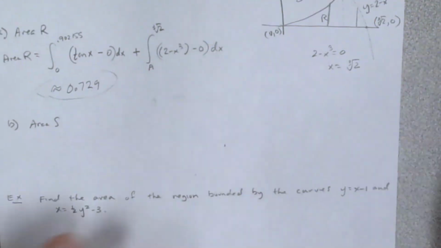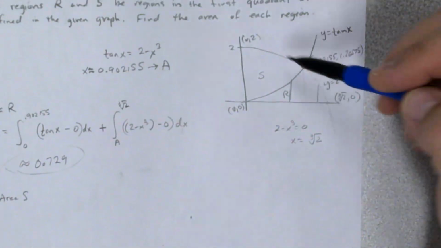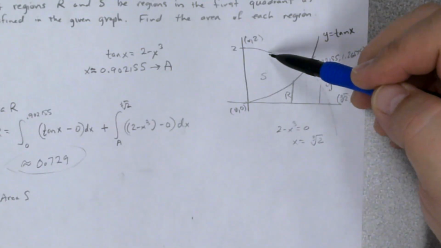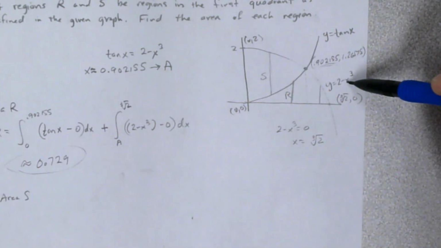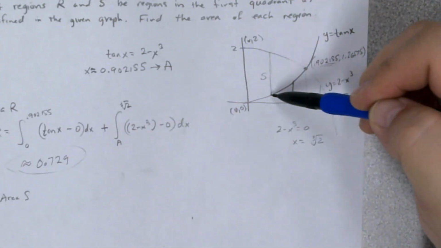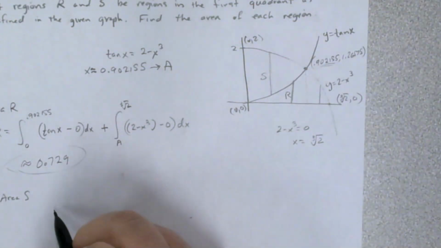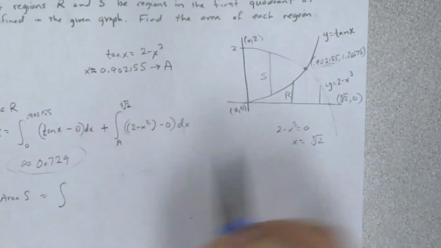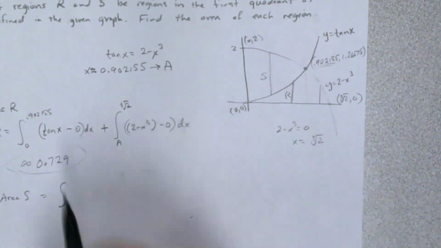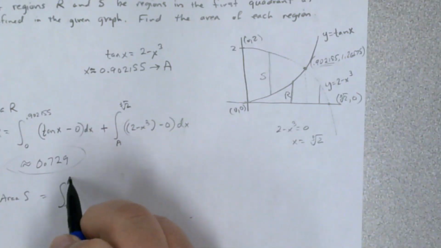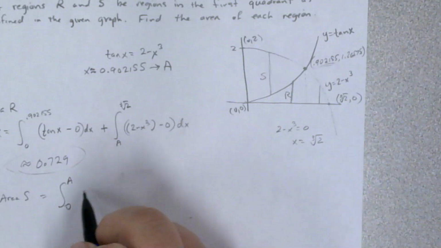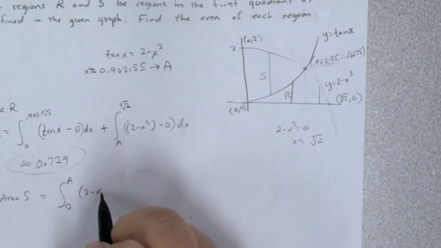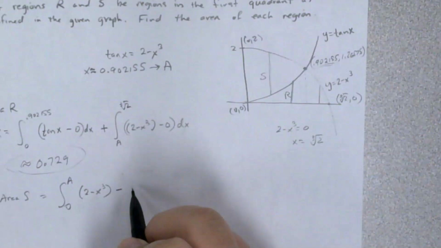So this one's pretty straightforward, so we're going to be doing it again. We're going to draw a little representative rectangle in here, or a little segment, indicating that the top curve is going to be 2 minus x to the third, and the bottom curve is the tangent of x. And so this area is going to be an integration from 0 to that number, from 0 to a, of what? The top curve minus the bottom curve,